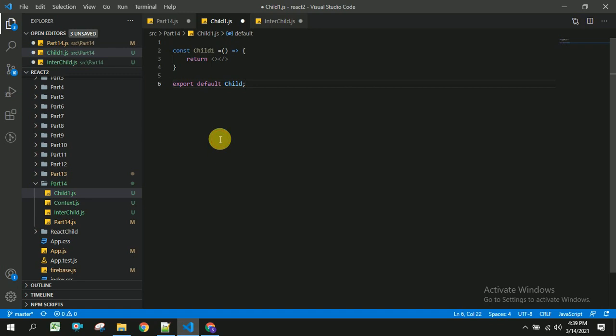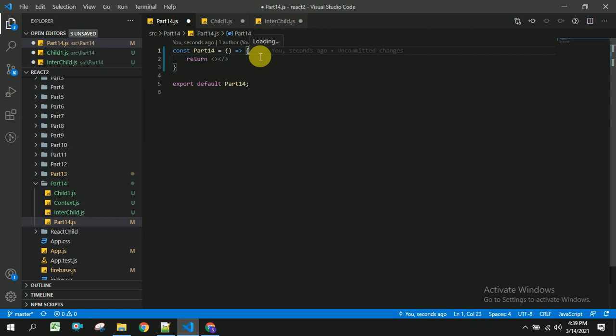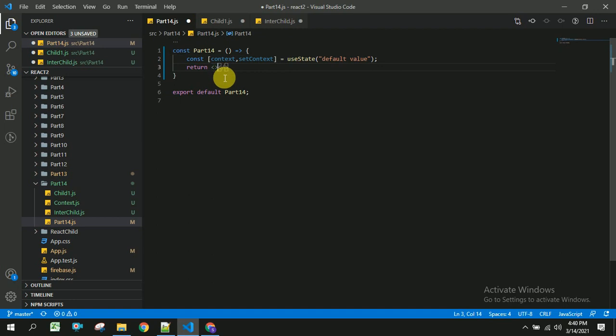And the next thing is, I have some data in this part14.js. Let us consider it as something context, it can be any name. Set context is equal to useState of some default value, and here I am going to use my next child, that is interchild.js,